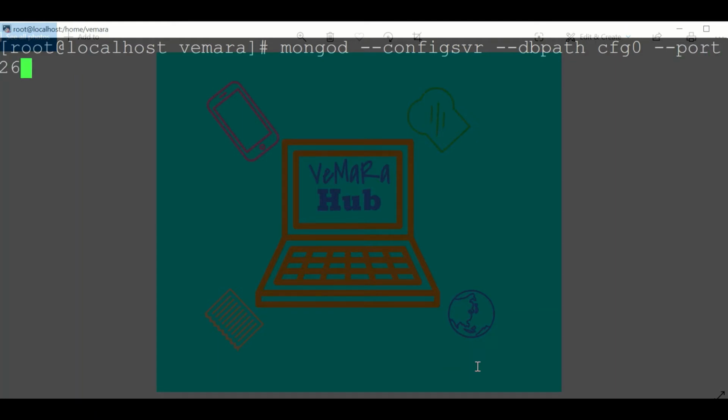Since everything is on the same server, I'll have different ports for the different instances, and I'll use fork to run it in the background, and I'll provide the log path to be say log.cfg0, and since it's in a replica set, I'll give the replica set name as CFG.